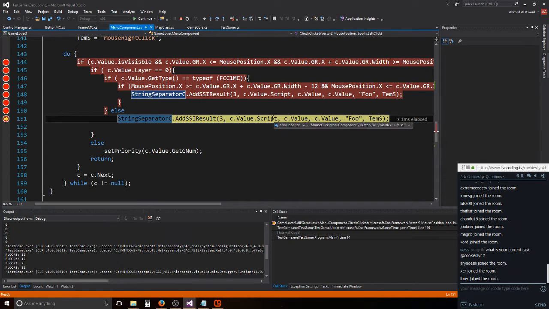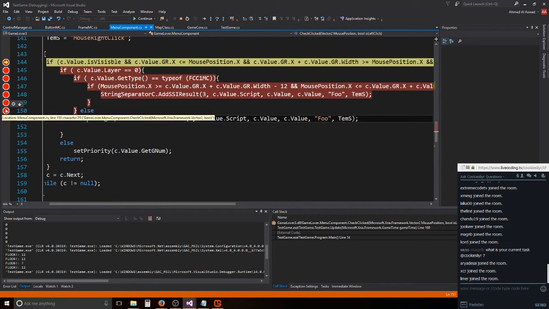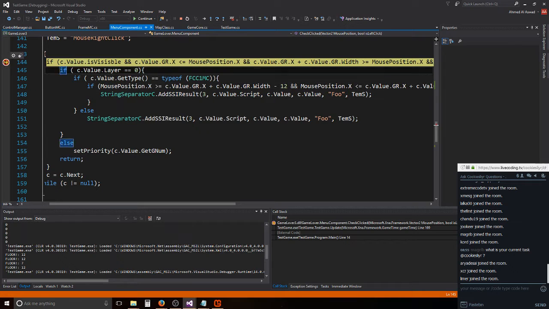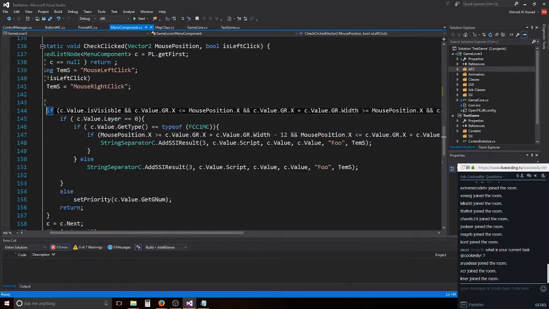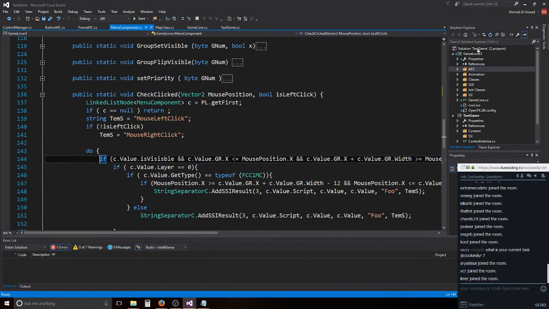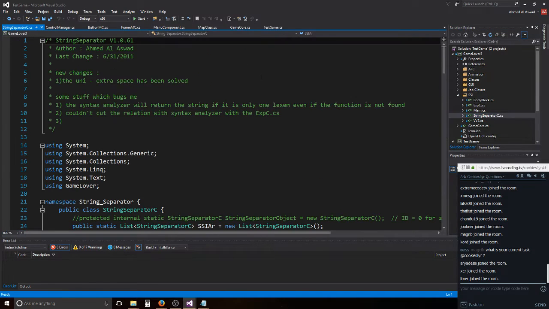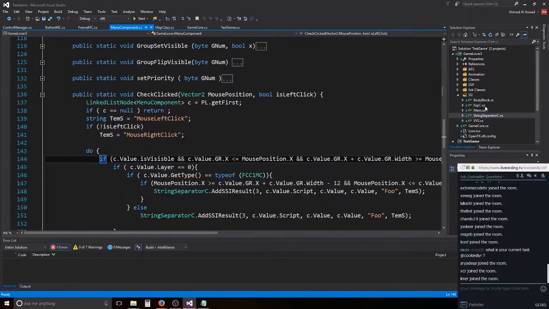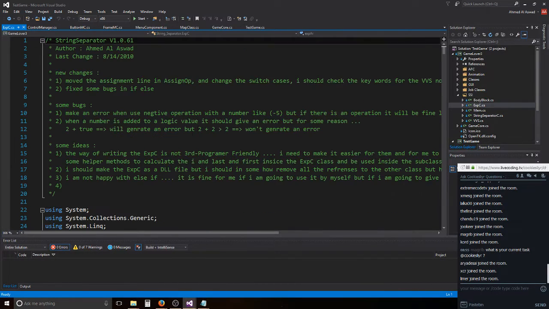I fear it must be scripted, and I fear I close the menu script, because when I moved the project to a new page, I got a lot of crap in the interpreter, and I was like, screw it, let's close everything. So let's go and check the expression